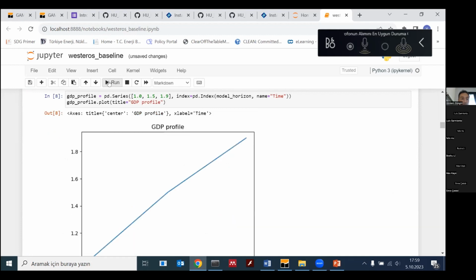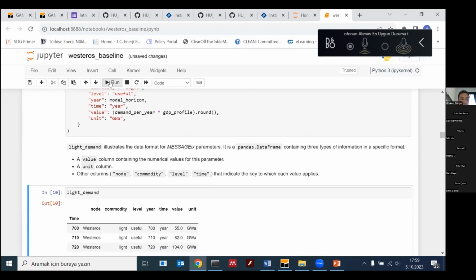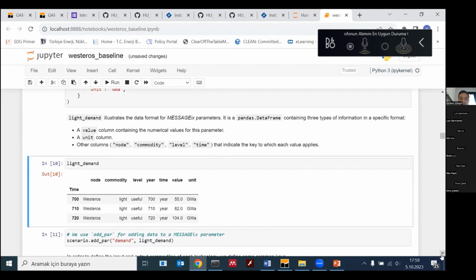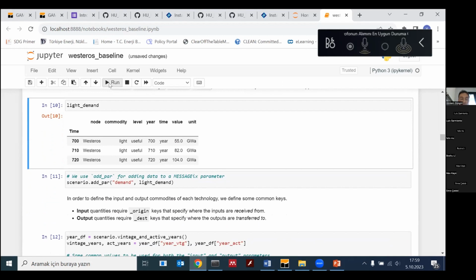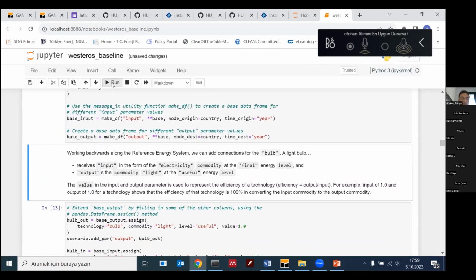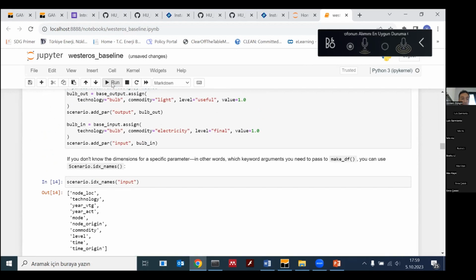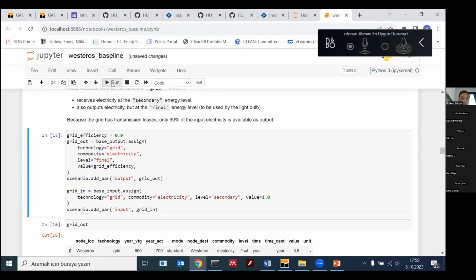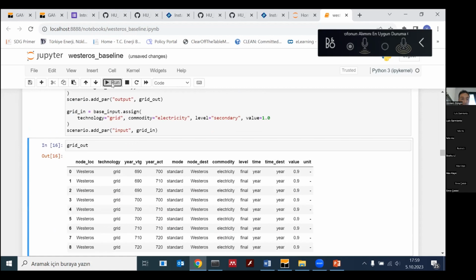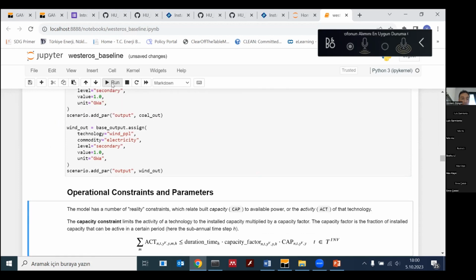We first have to generate the energy, calculate the light demand, and we do that based on GDP, population, and our assumptions for growth. And we populate by adding the parameters, our grid parameters for power plant technologies,